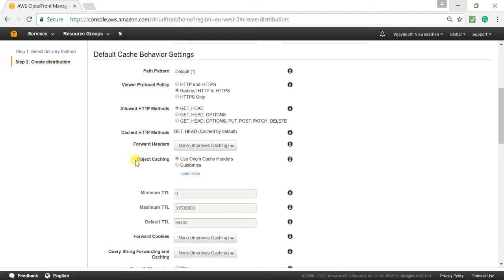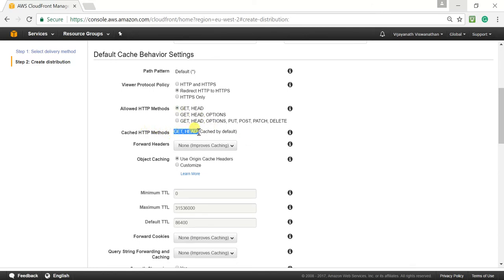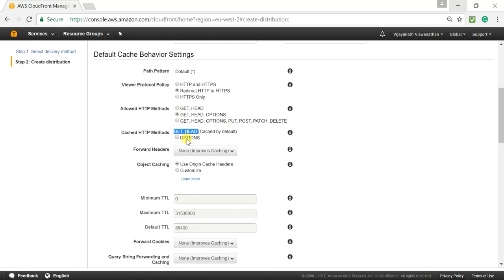There are multiple HTTP methods we can allow: either GET, HEAD, or GET, HEAD, OPTIONS, or GET, HEAD, OPTIONS, PUT, POST, PATCH, DELETE. I'm going to select this last one, so it will have all the permissions. When I select just GET and HEAD, we can see GET and HEAD are cached by default. When I select any one of these, OPTIONS is not cached by default, but if I want to include that, I can select that as well. I'm not going to select this, but